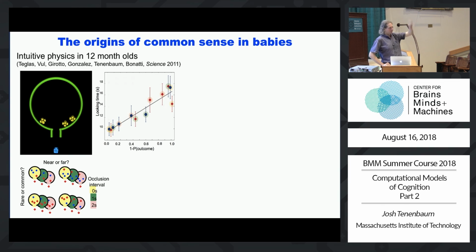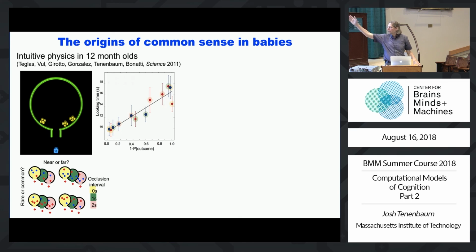You have the occlusion, and then right away an object appears and it's blue. Because it's like, how did it get there? It was over here, right? Okay. Another surprising thing might be if they move around for a while, and even if the blue one was close, if the blue one is rare, you'd expect after a while they've kind of randomized, so you should see more of the common one, the more frequent one.